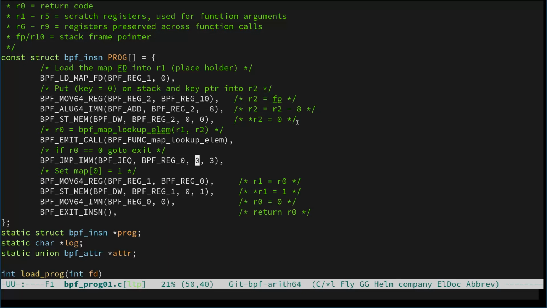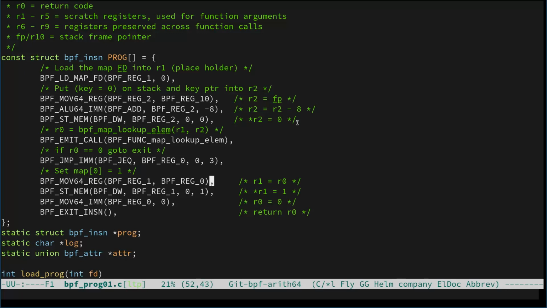If it's 0, that means it failed for some reason, and this next instruction tests if register 0 is equal to 0, and if it is, then it jumps 3 instructions from the current program counter value to the end. So it jumps from this place to the exit instruction. But assuming it's successful,